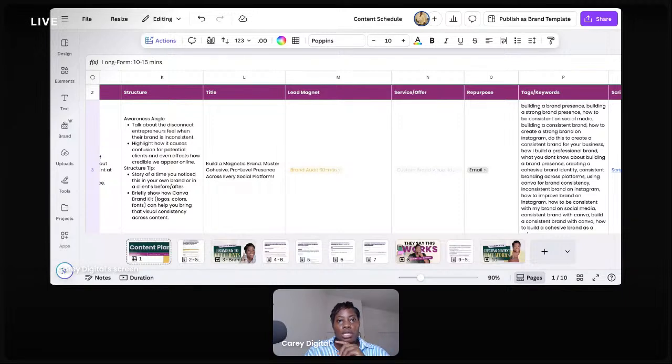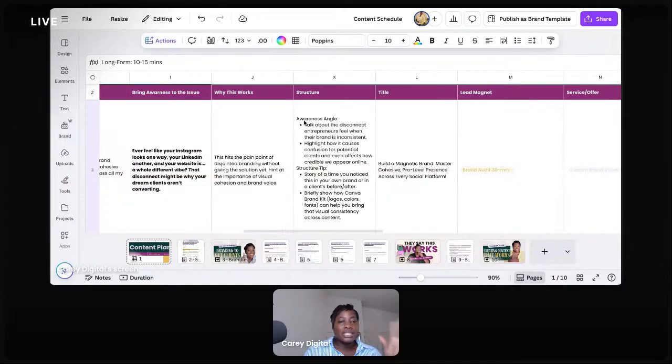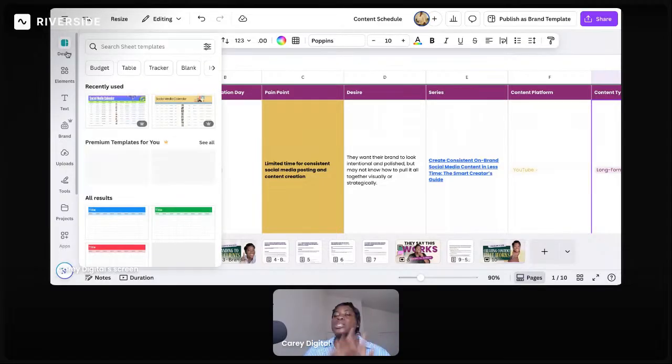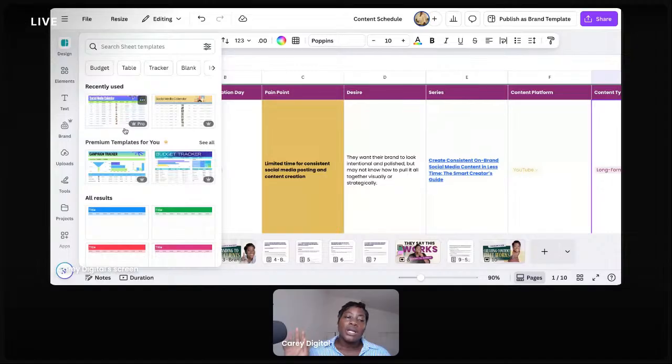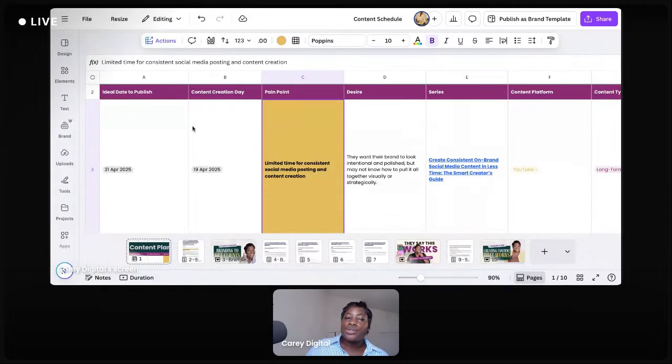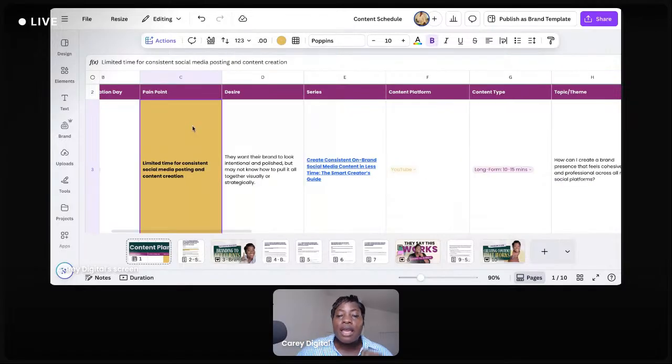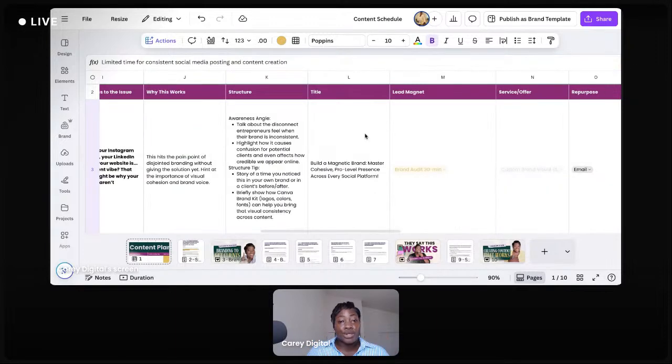What I walked you through was, one, where to start from with creating a blank sheet, and where to find templates. If you don't want to create it from scratch, you just want to get something ready-made, jump in, by all means use a template. But if you want to create from scratch, you can map out your entire thing. And if you're drawing blanks, like, how do I do this entire thing? Then of course you can use features like Magic Write to help you map out your